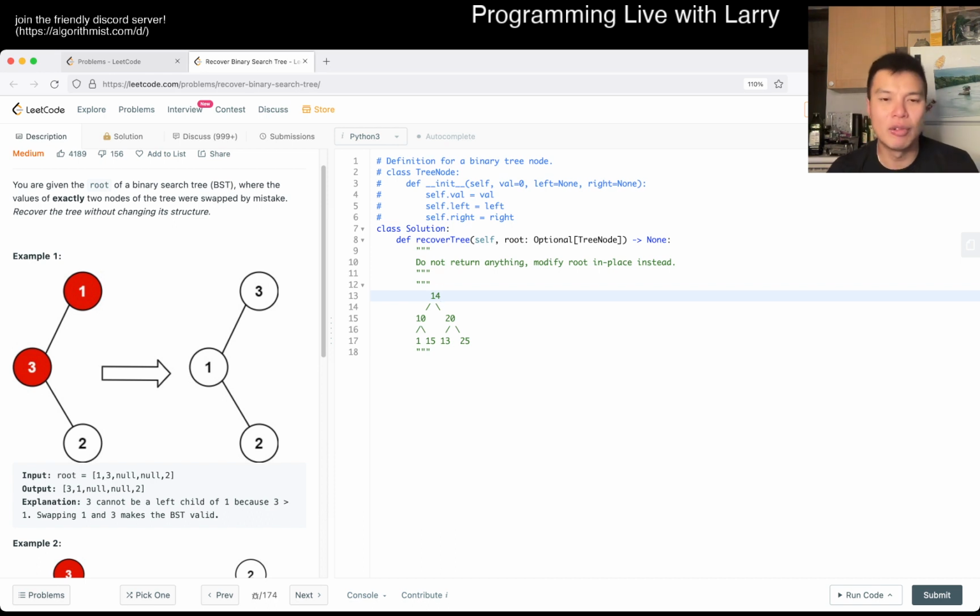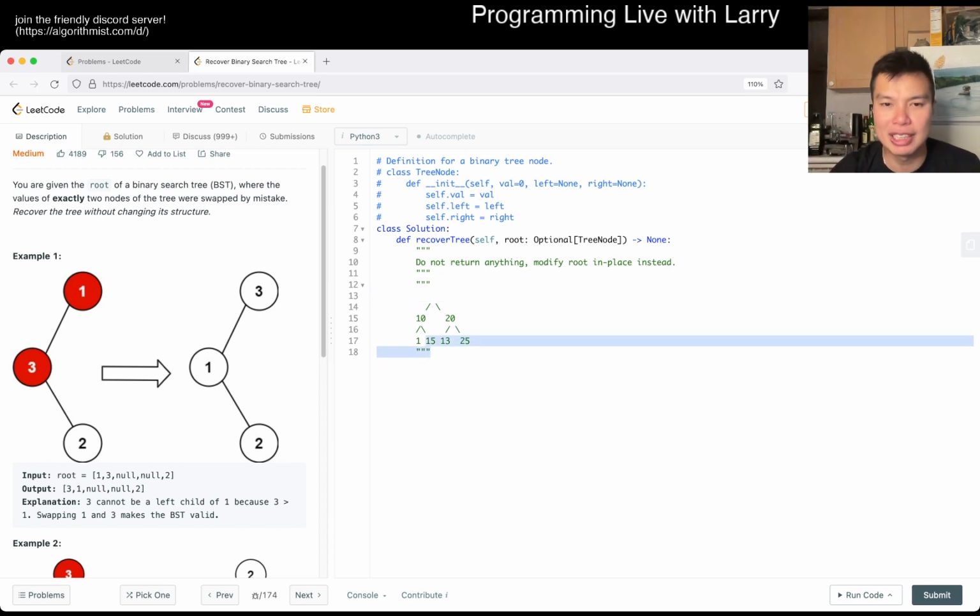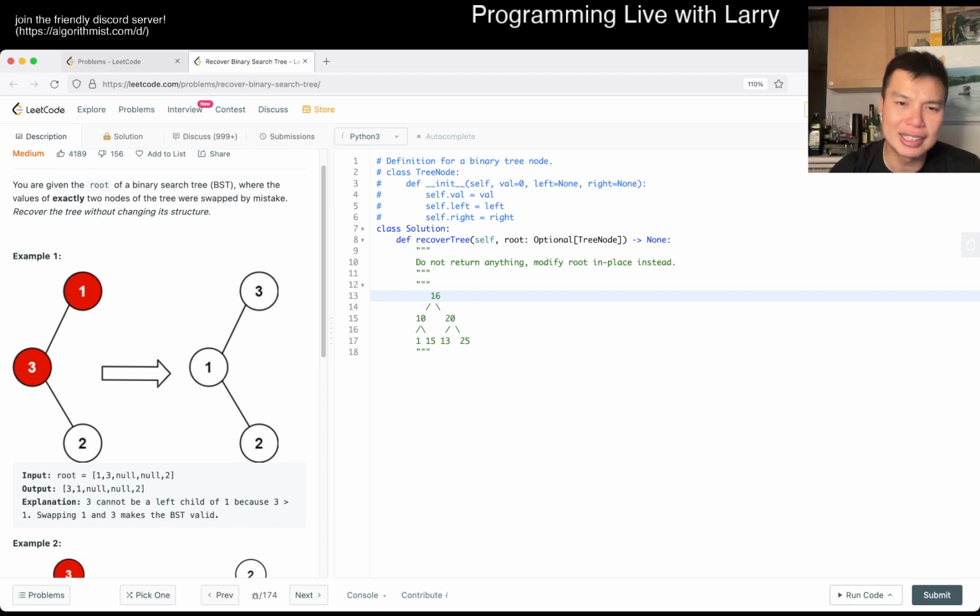Obviously, there are only 3 scenarios that we have to think through. One is that it's bigger than both numbers. So let's say this is 16. If this is 16, then you cannot, or you don't need to swap these 2 numbers. I think you just swap, is that true? I mean, if you swap these two numbers,